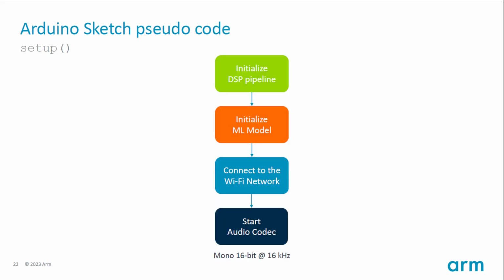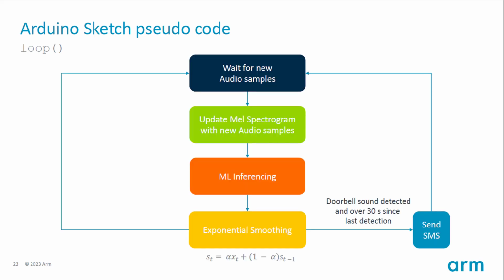Okay, so Arduino sketches usually have a setup function that's run once when the program starts. So in this example, it's going to initialize the DSP pipeline, initialize the ML model, connect to the Wi-Fi network, and start the audio codec library for microphone input. And then our loop function, which Arduino runs continuously after setup is called, is going to wait for new audio samples, update the Mel spectrogram with the new audio samples that came in, perform the ML inferencing using TensorFlow Lite,